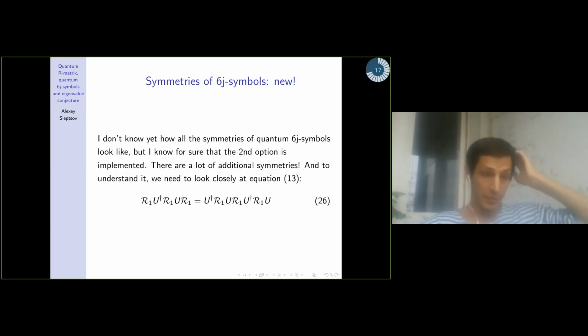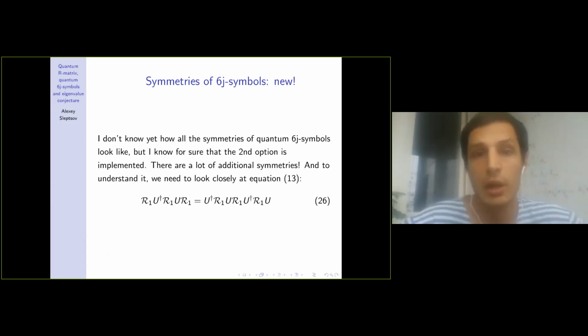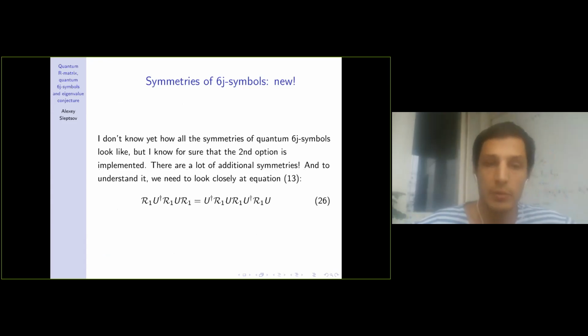Well, actually, at the present moment, we do not know how all symmetries of 6j symbols look like, but we definitely know that the second option is implemented. There are a lot of additional symmetries. And in order to understand it, we need to look closely at equation 13, which relates diagonal R matrix and